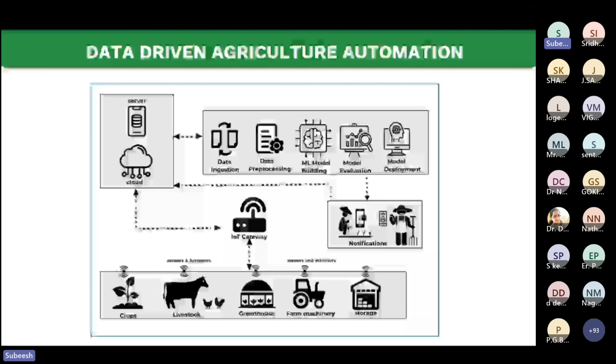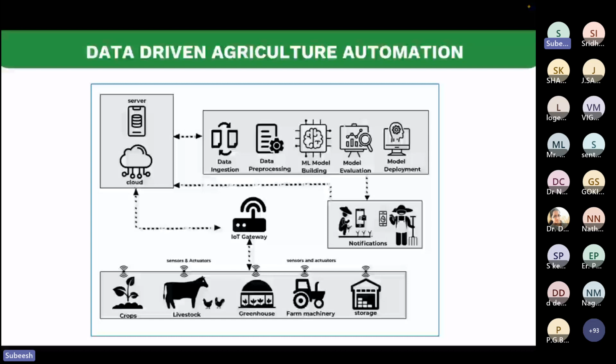Further, we can have farm machinery like tractors that are GPS enabled, sensor enabled, and can automatically do the operations. And then again, the storage systems for post-harvest, like shelf life assessment, and whether storage temperature, ambient temperature, or humidity is maintained. All these can be checked. So the data will go to the gateway, going to the edge devices. So we are doing it in the edge, not in the cloud. But if latency is not an issue, you can go with the cloud solutions, where the AI ML model can be deployed, and it can give you the solutions, and you can give the notification.